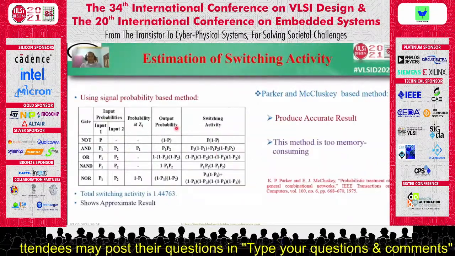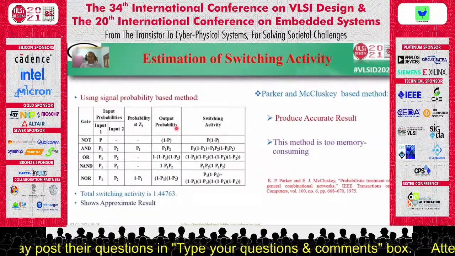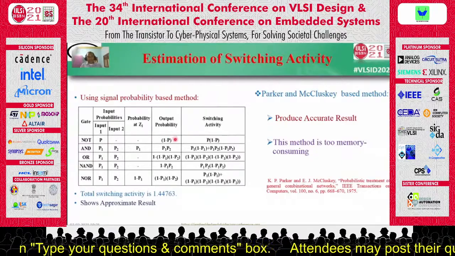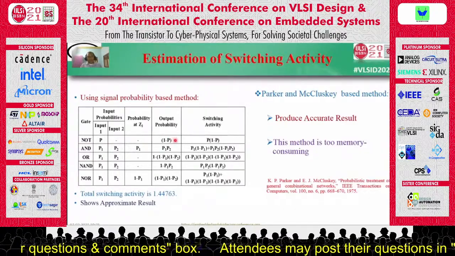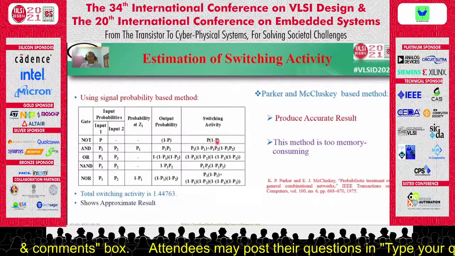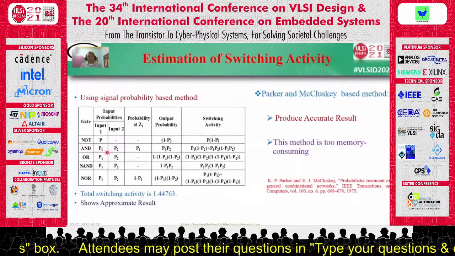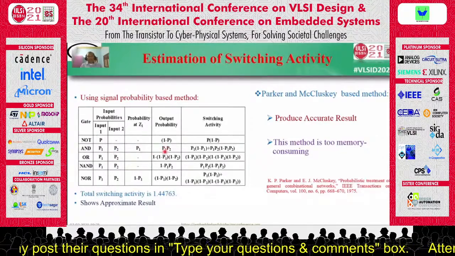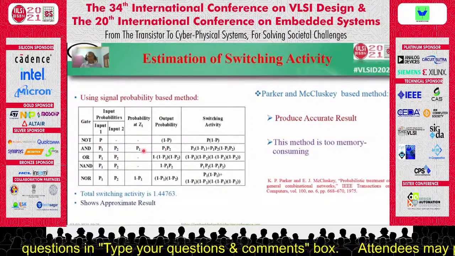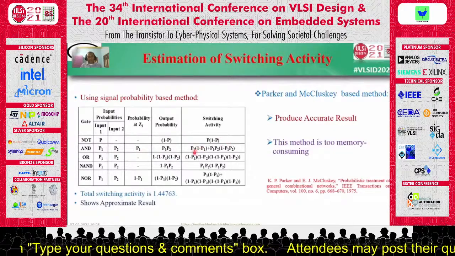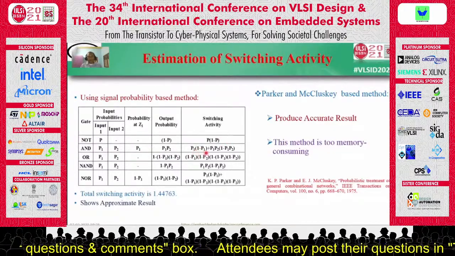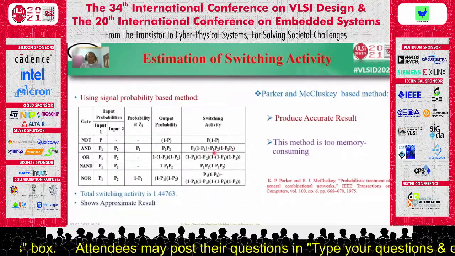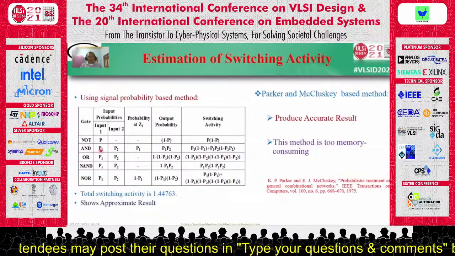The next model is the signal probability based method. In this case, for the example of a NOT gate, if the input probability is P, then the output probability will be 1 minus P and the switching activity is P into 1 minus P. For an AND gate, if the input probabilities are P1 and P2, then the output probability at the final node is P1 P2 and at the intermediate node it is P1. Hence the total switching activity is P1 into 1 minus P1 plus P1 P2 into 1 minus P1 P2. In this way, we can calculate the switching activity for all gates,